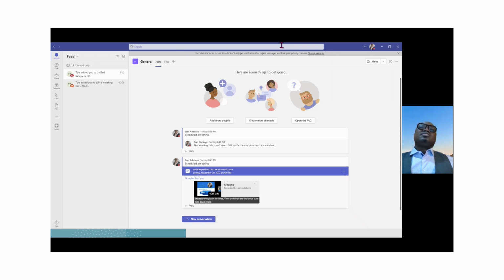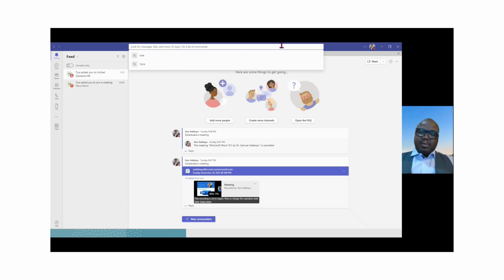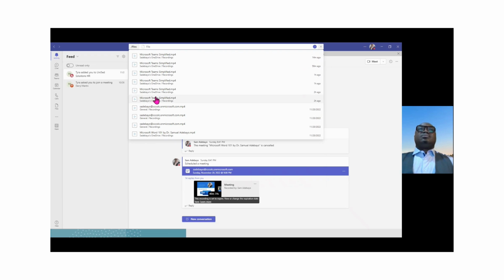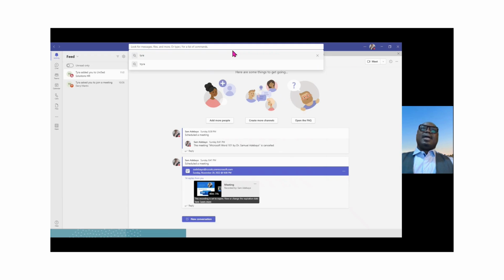And this search bar in the middle, the horizontal bar right on top, is also very important. Usually, when you press forward slash on your keyboard, you will see all these commands come out. If you want to go to files, it takes you right to files. Any of those commands that you click will take you straight to that command.